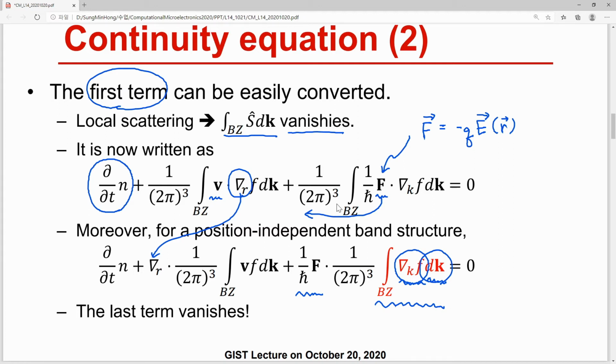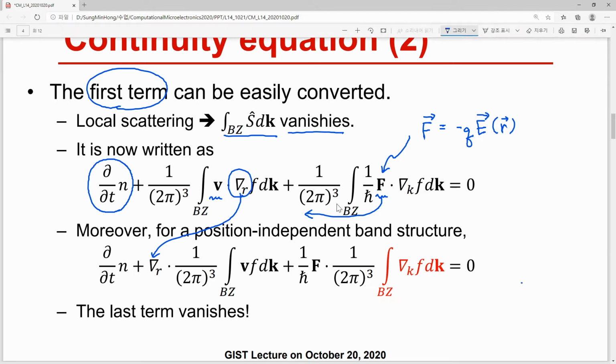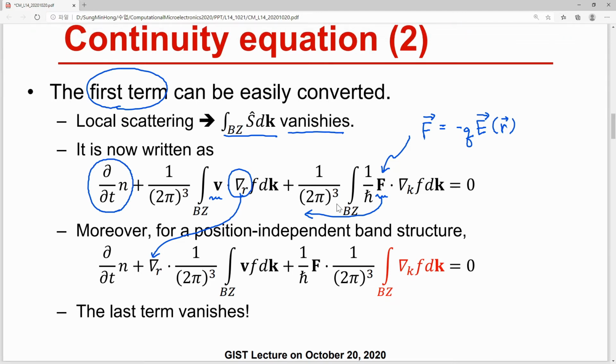However, we assume that if we go to the zone boundary, then there will be a negligible electron distribution function. So we assume that this red-colored integral becomes 0. Now, in the integrated Boltzmann transport equation, the force-related terms go away. Then we have only two